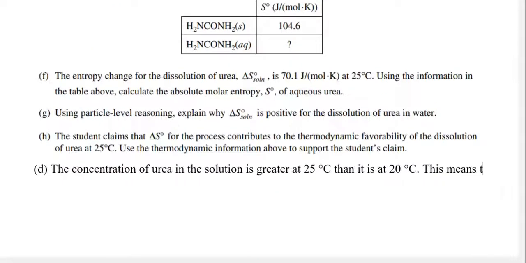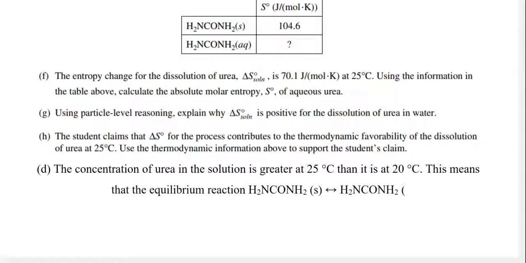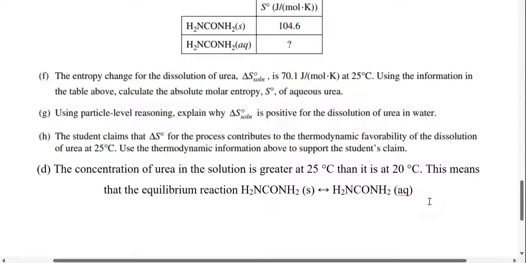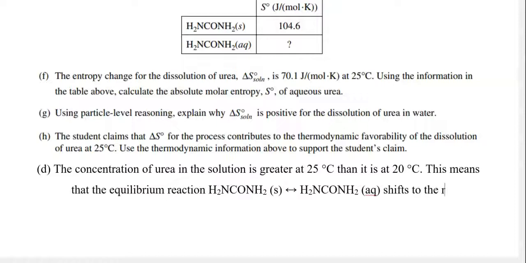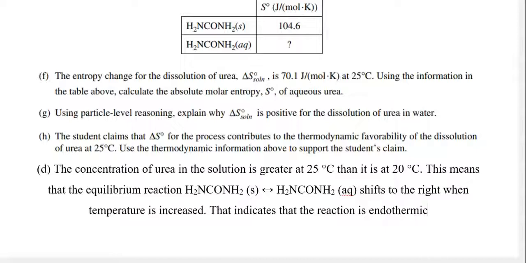This means that the equilibrium reaction, aqueous, shifts to the right when temperature is increased. That indicates that the reaction is endothermic,